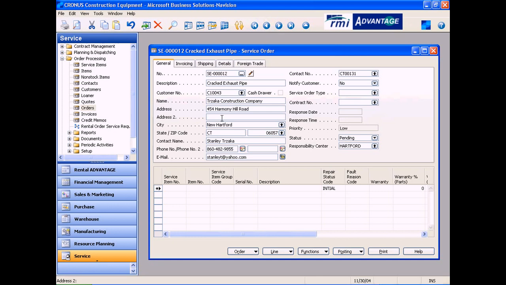Okay, so it brought our customer information in on this service order, on this general tab. So it brought in their address, city, state, zip, contact information, etc. here. Now, the next step involved in entering a service order is to enter through the fields till we get